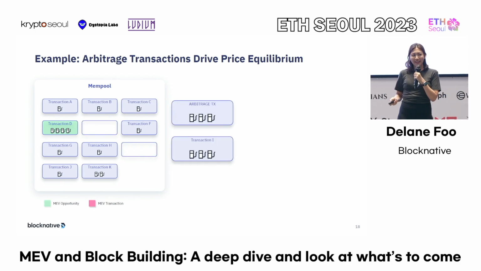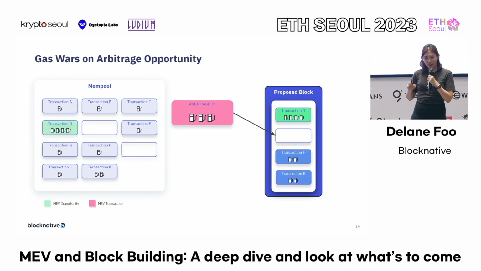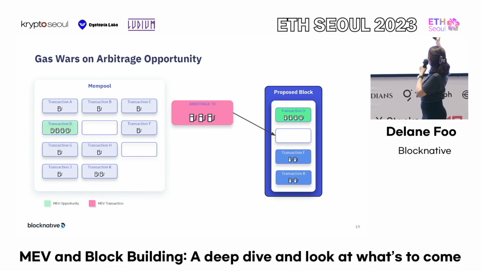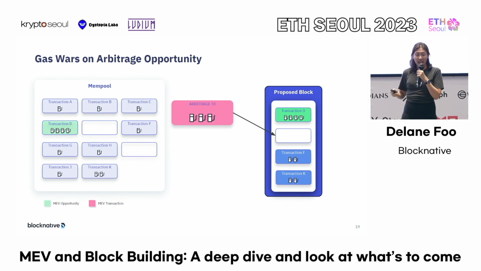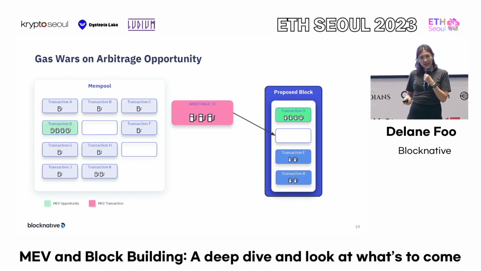So it gets complicated when you have more than one arbitrager or one actor that is trying to do so. And what happens is that there's this competition where they start to submit multiple transactions just to get into that position right behind transaction D. And as a result of that, you used to get gas wash, which is a real problem for the network. And that's no longer the case because